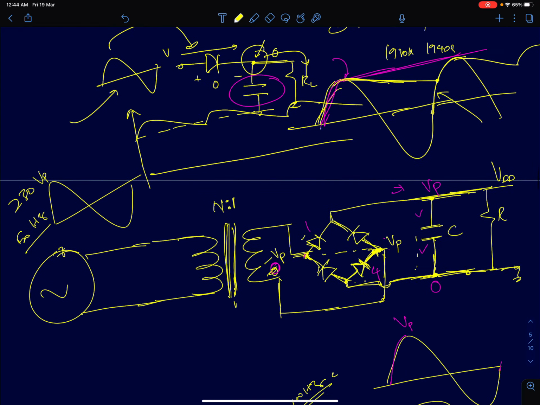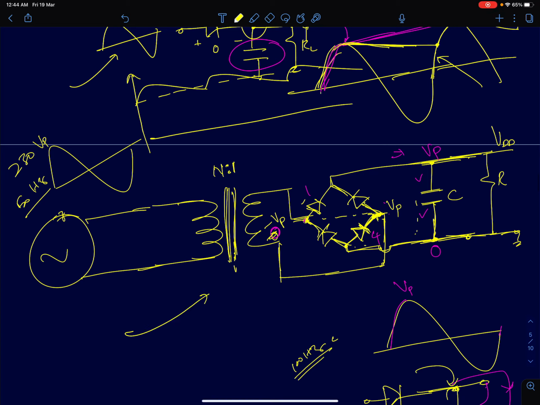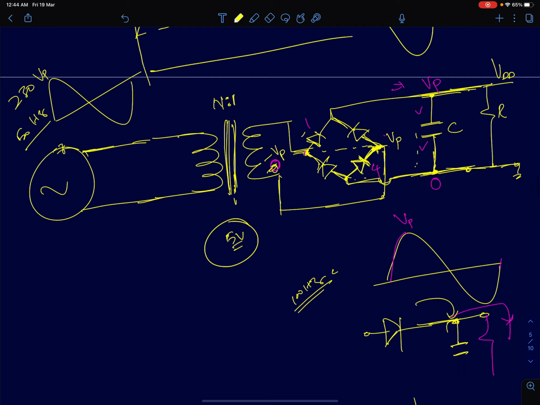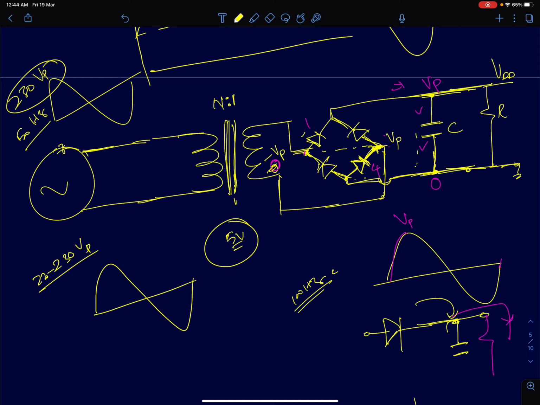A more complex system would look something like this. This is a typical AC to DC converter. So for example, let's say I need a 5 volt DC signal which I am going to use to power my amplifier. Then the input, for example, in Asian countries we have 220 to 230 volt peak AC signal available at the house, from the grid or from the power supply, and the frequency of this will be 50 hertz. In North America it will be different, it's around 60 hertz,